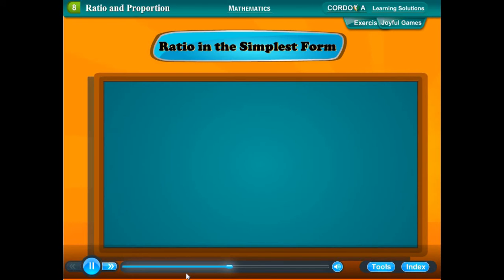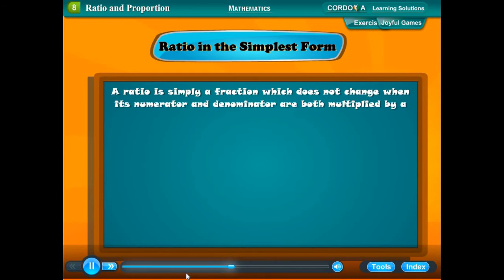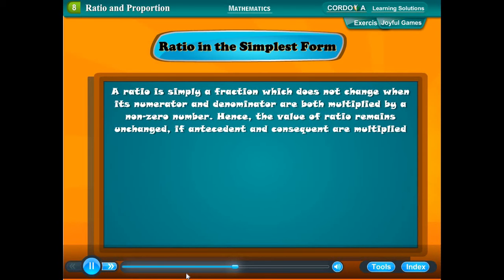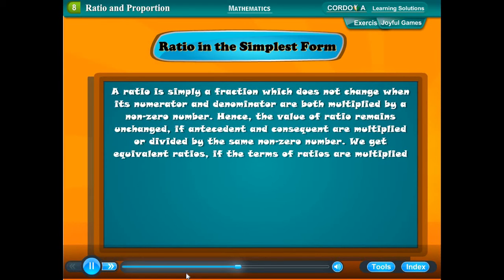Equivalent ratios. A ratio is simply a fraction which does not change when its numerator and denominator are both multiplied by a non-zero number. Hence, the value of a ratio remains unchanged if antecedent and consequent are multiplied or divided by the same non-zero number. We get equivalent ratios if the terms of ratios are multiplied or divided by the same number. For example,